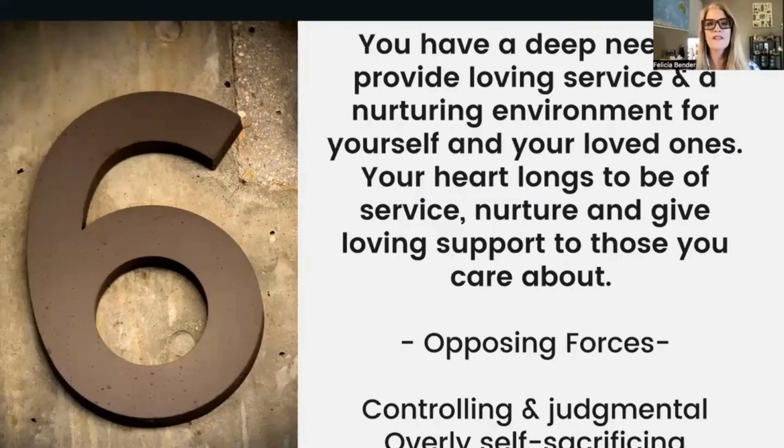All right. So the 6 has a deep need to provide loving service and a nurturing environment for both yourself and your loved ones. You're the nester, right? Your heart longs to be of service. You really want to be of use. You want to nurture and give loving support to those you care about. This usually ripples out from your personal private life into what you do for work or for a living, or at least through your volunteer work or other aspects of your life, where it speaks to your heart and soul